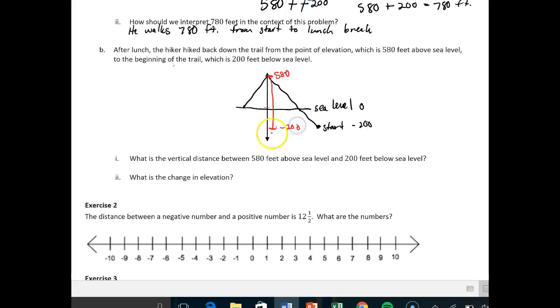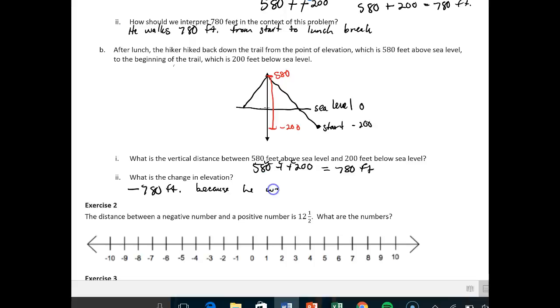So what's the total distance in here? Well, from here to here is 580, and then from here to here is another 200. So what's the vertical distance between 580 feet and negative 200 again? Basically, it should be the same exact thing, right? Because if I walk up 780 feet, I'm going to have to walk back down 780 feet. But how do I interpret this? The change in elevation here will be negative 780 feet because